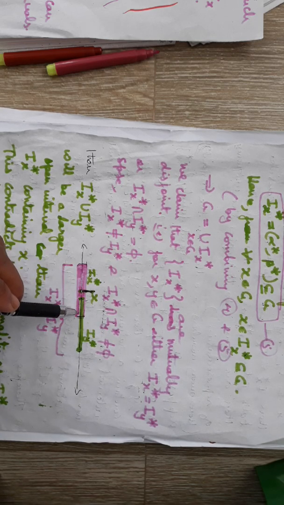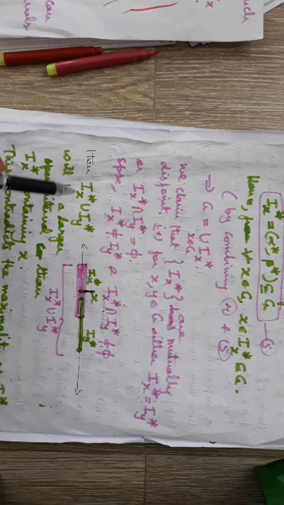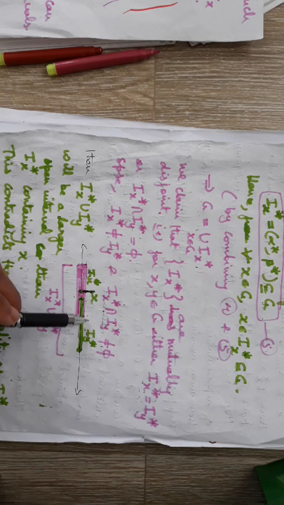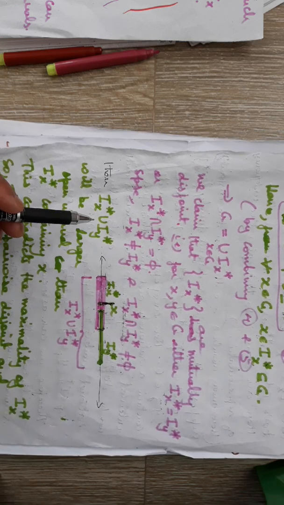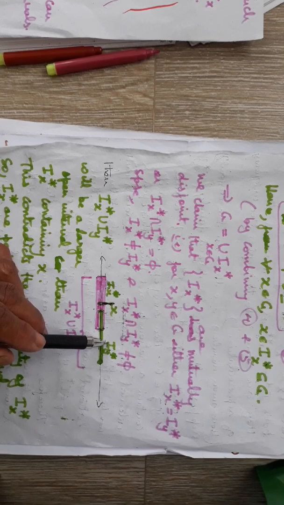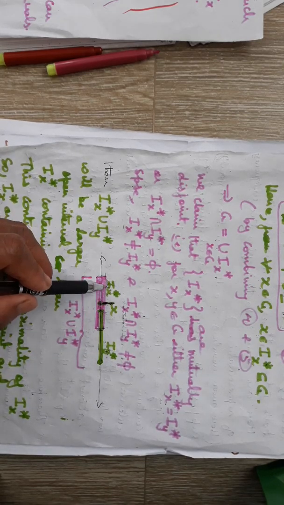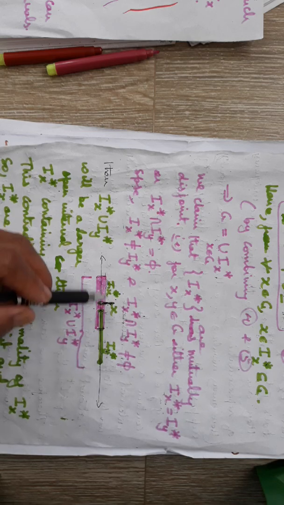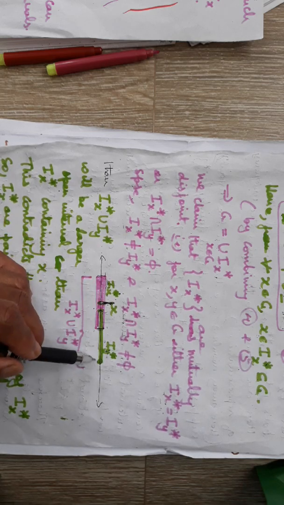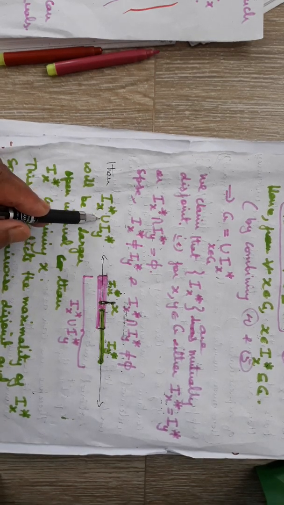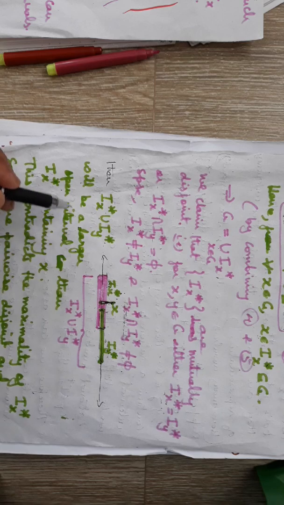So this is the common point between the interval Ix star and Iy star, and x is somewhere here. Therefore, combining these two intervals, Ix star union Iy star will be a larger open interval than Ix star, because it will contain elements outside Ix star also. It will contain all elements of Iy star also. So Ix star union Iy star will be a larger open interval